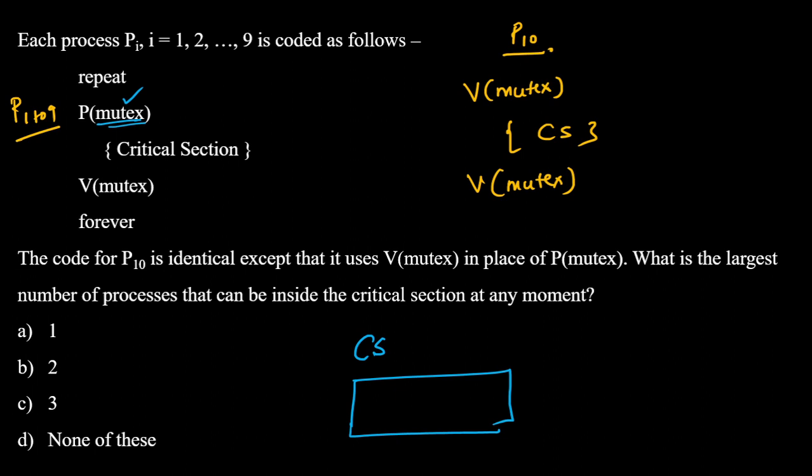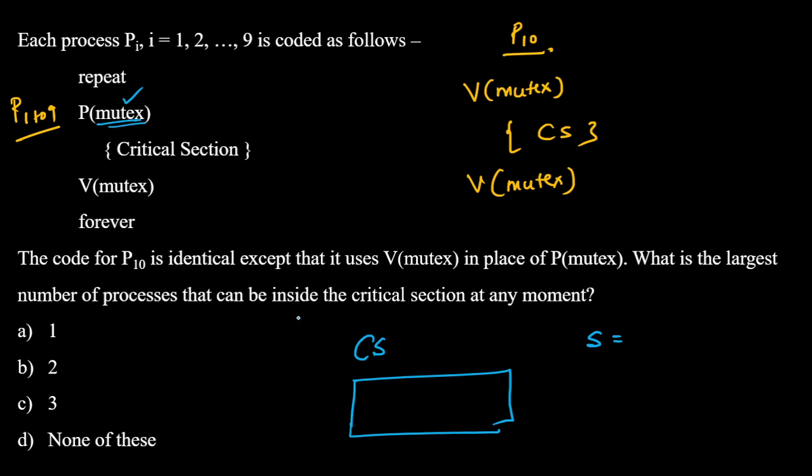So what we did, we start with process 1. Okay. So this is the value of mutex, that is the value of the semaphore. So this is the value of semaphore S, or they have mentioned mutex over here. Okay. So if somewhere they have not mentioned whether this is mutex or a binary semaphore, then if mutex is mentioned, make it clear to yourself that this is a binary semaphore.